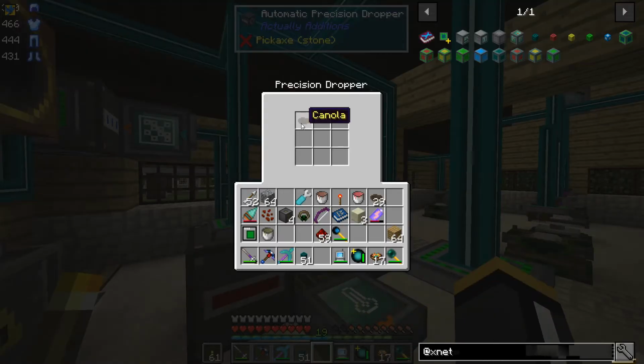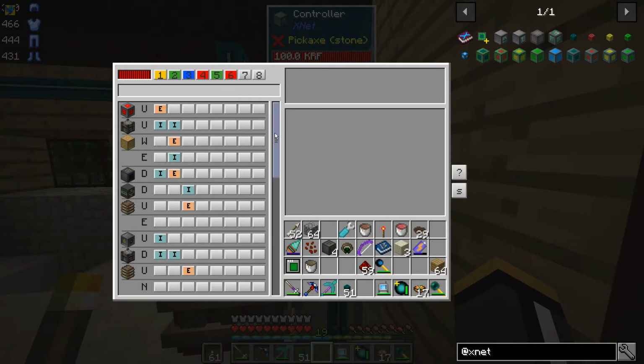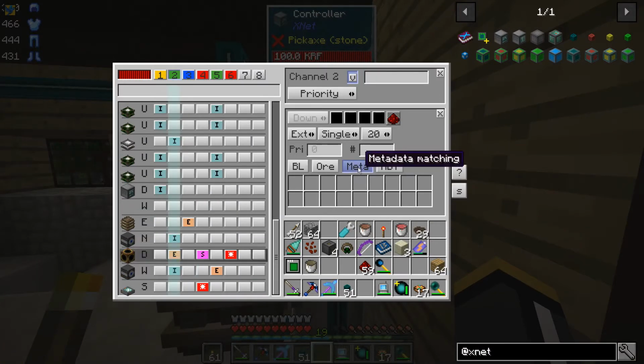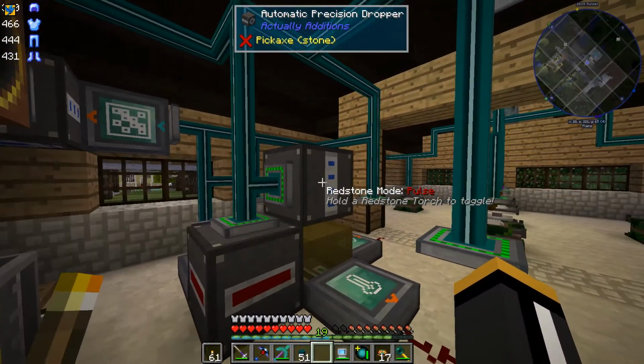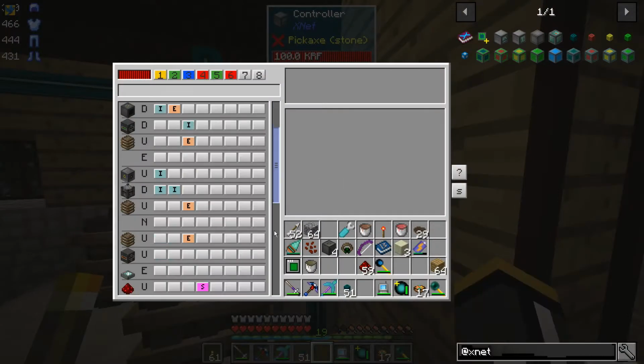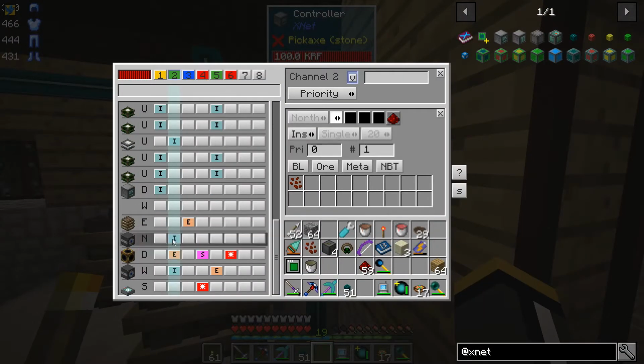Oh yes, I forgot one thing. We have to enable metadata matching. It turns out that all of the crystallized seeds, or all of the canola seeds and canola, have the same ID. So it'll put canola in there if we don't specify that we want it to match metadata. That's very important. So we're inserting on color white, so that means when we have oil, a single item,